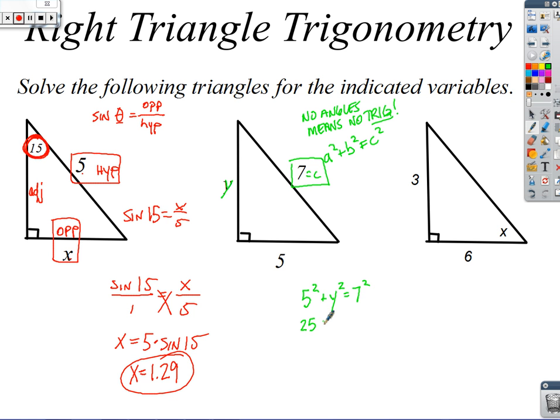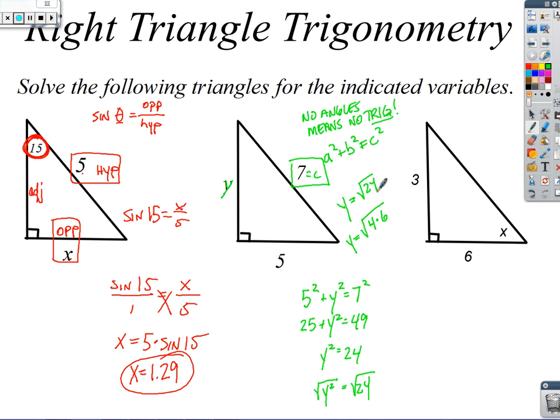So 25 and 49. So y squared, I subtract this from over here, is going to end up being 24. And then I square root both sides. Now, here's where we get a couple different variations of the answer. Y equals the square root of 24. That's not the most simplified answer. That'd be like giving 4/8 as your answer to an equation, when in reality you should have reduced it to 1/2. So I can reduce the square root of 24 by breaking it up into 4 times 6,